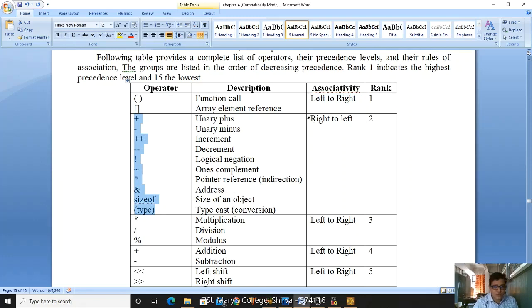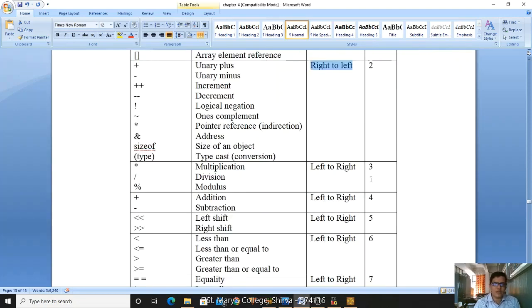They evaluate from right to left, not from left to right. Here unary plus and unary minus are sign operators, as well as increment and decrement operators.